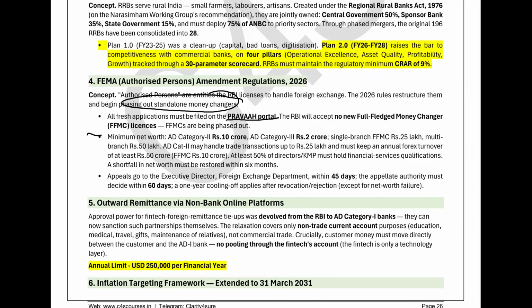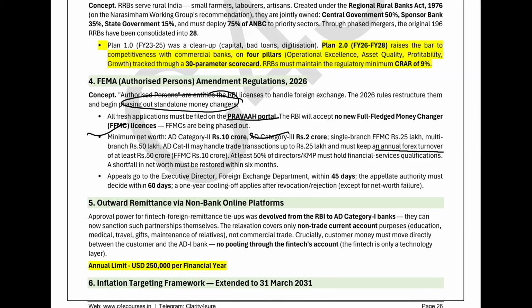Minimum net worth is AD Category 2 rupees 3 crore, ये आपका ना 10 crore. AD Category 3 rupees 2 crore. Single branch FFMC rupees 25 lakh and multi branch is rupees 50 lakh. AD Cat 2 may handle trade transactions up to rupees 25 lakh. ये सब याद रखो. At least ये क्या है, annual forex turnover कितना होना चाहिए? 50 करोड़. FFCB rupees 10 करोड़. At least